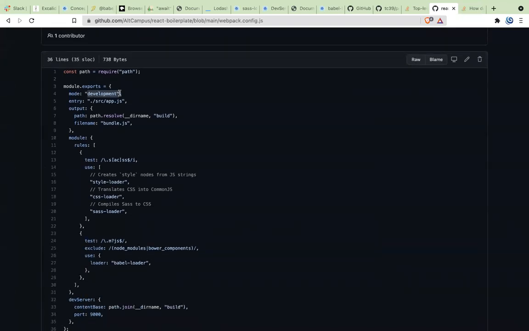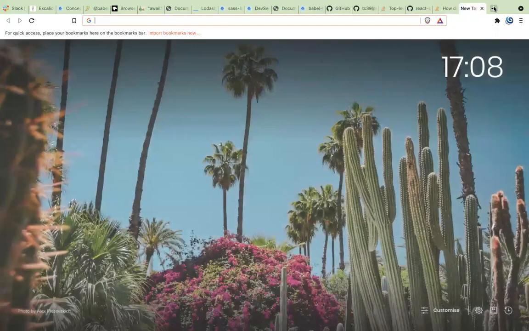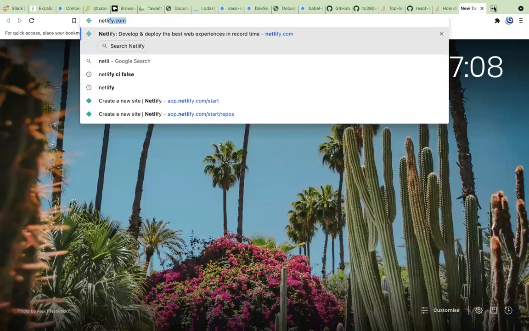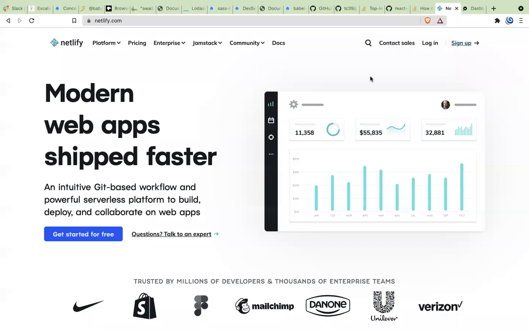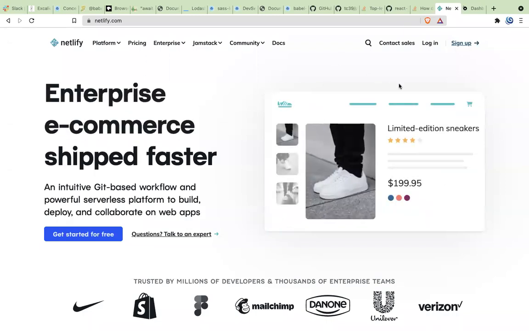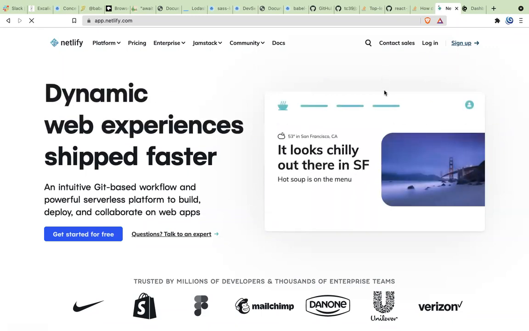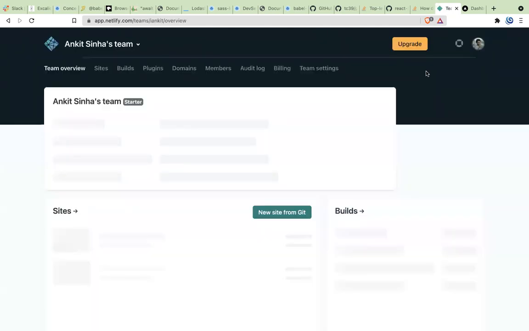Right now it is in development mode. If you want, you can change it into production mode. But whenever you want to deploy any of this app, you should use something like Netlify, which is one of the options. You also have Vercel, that is another option. Out of these two, you can use any of them. I think it is very self-explanatory how to use it. Just log in on this website and import a file. Look at the command: you should always put the command that you're actually going to deploy with. It should be npm run build, that will build the folder and everything.